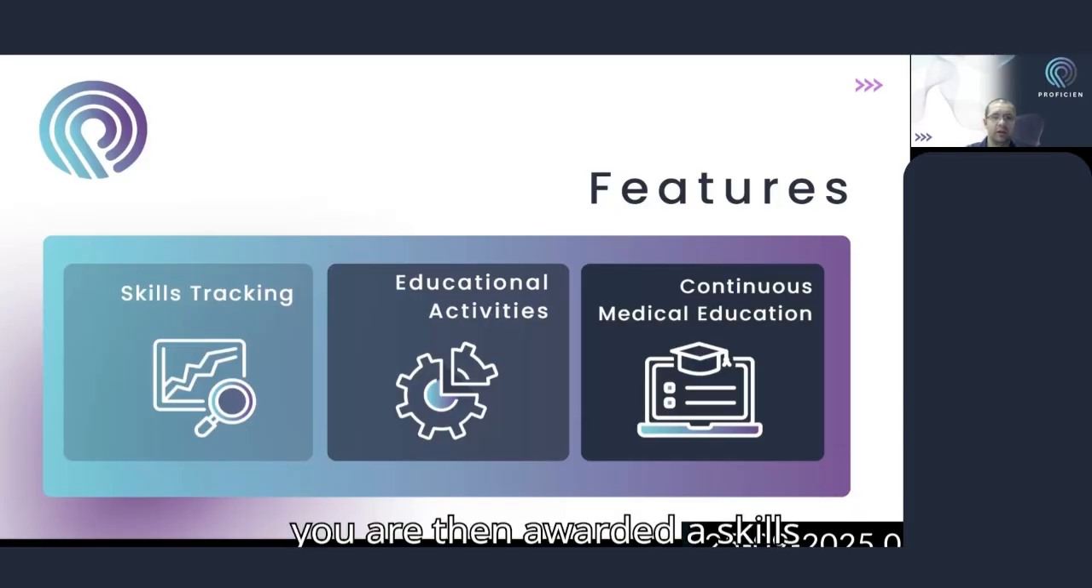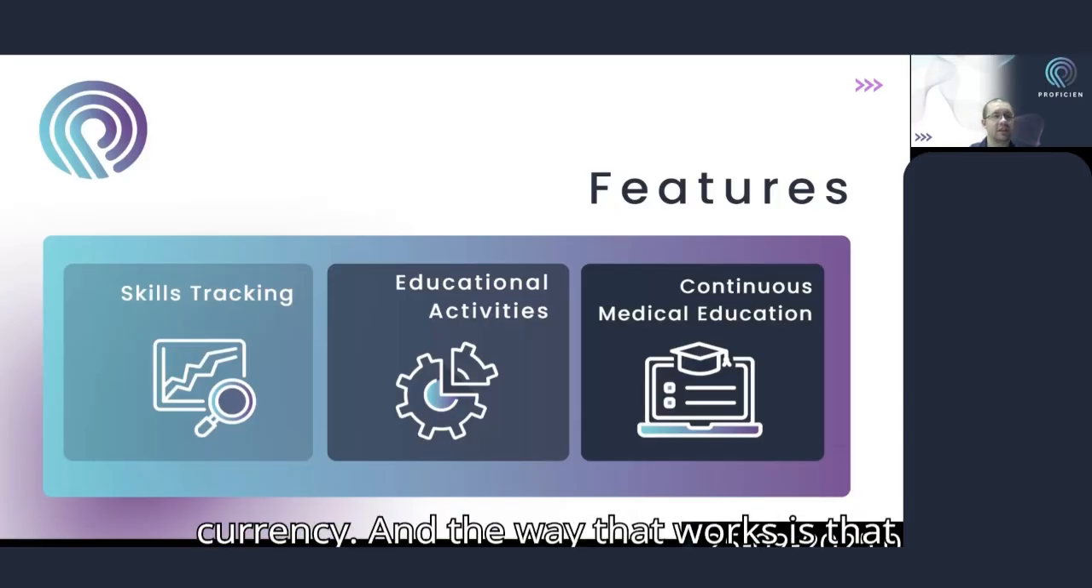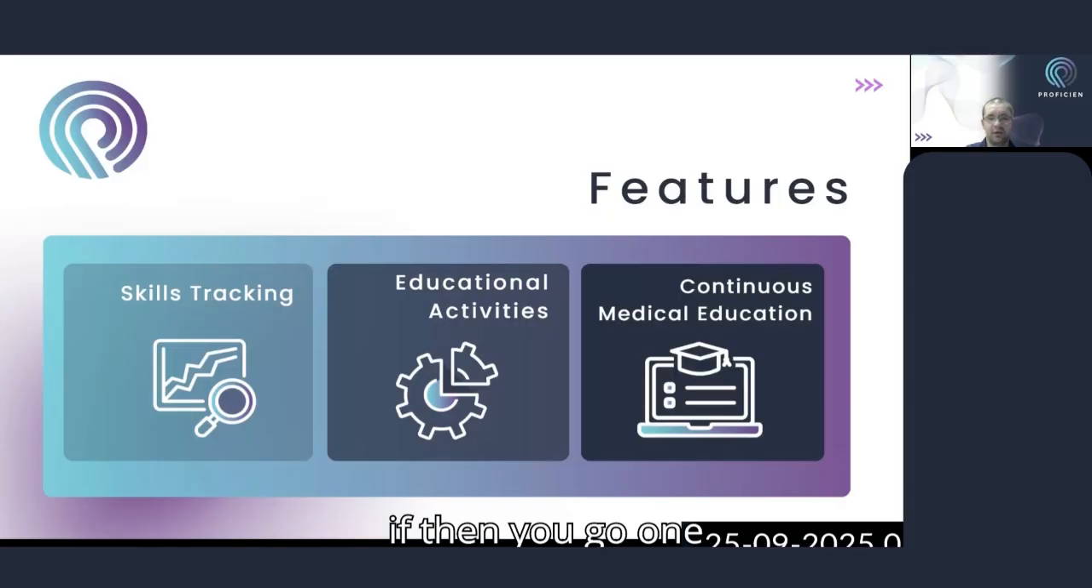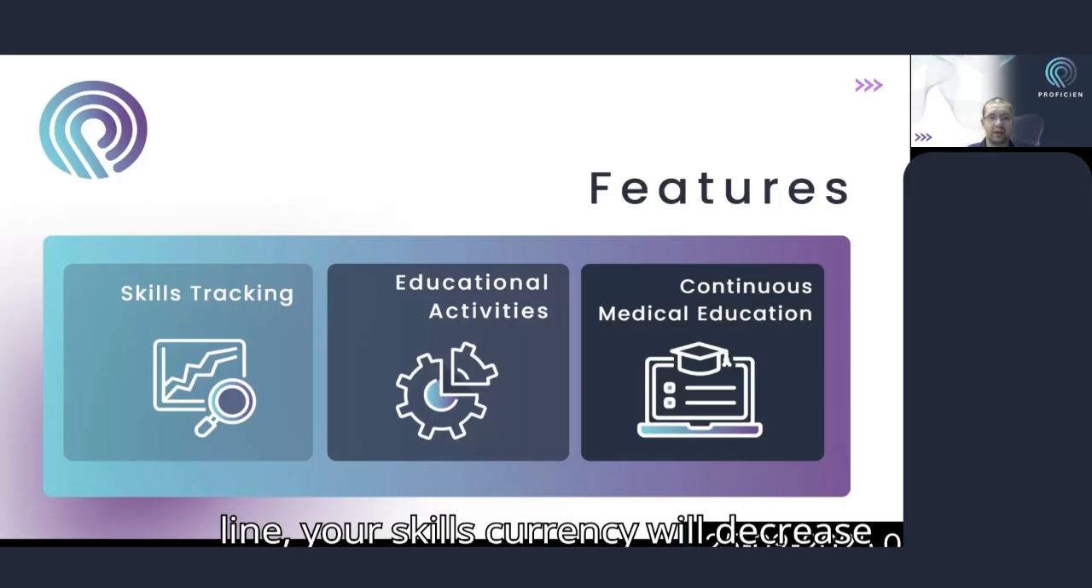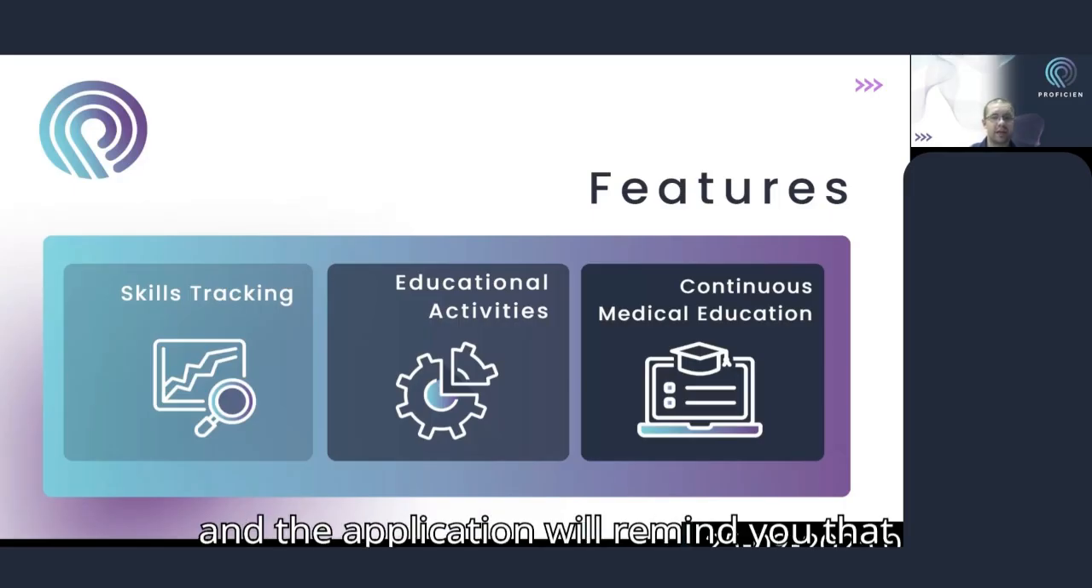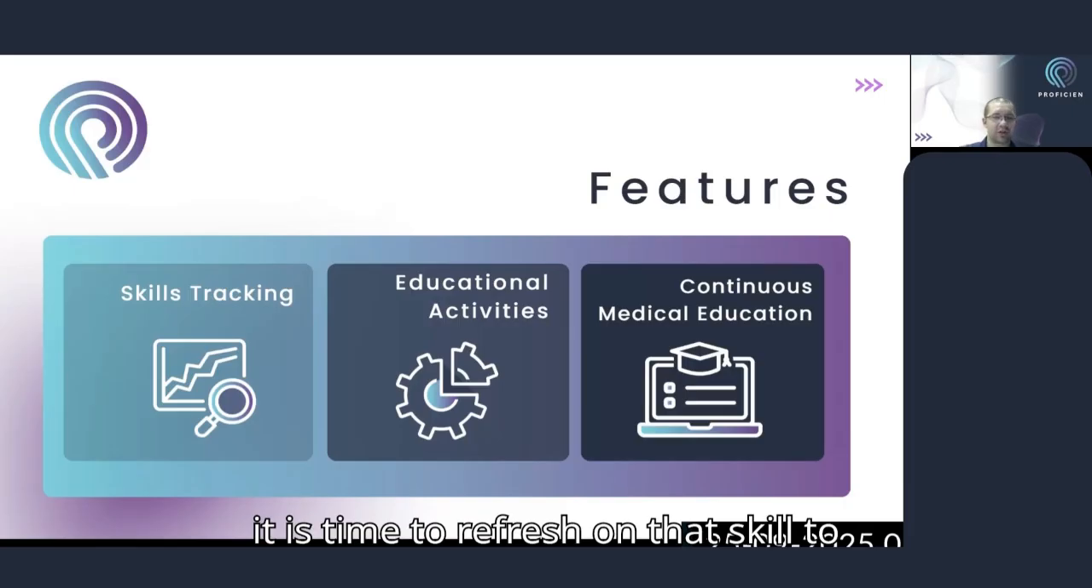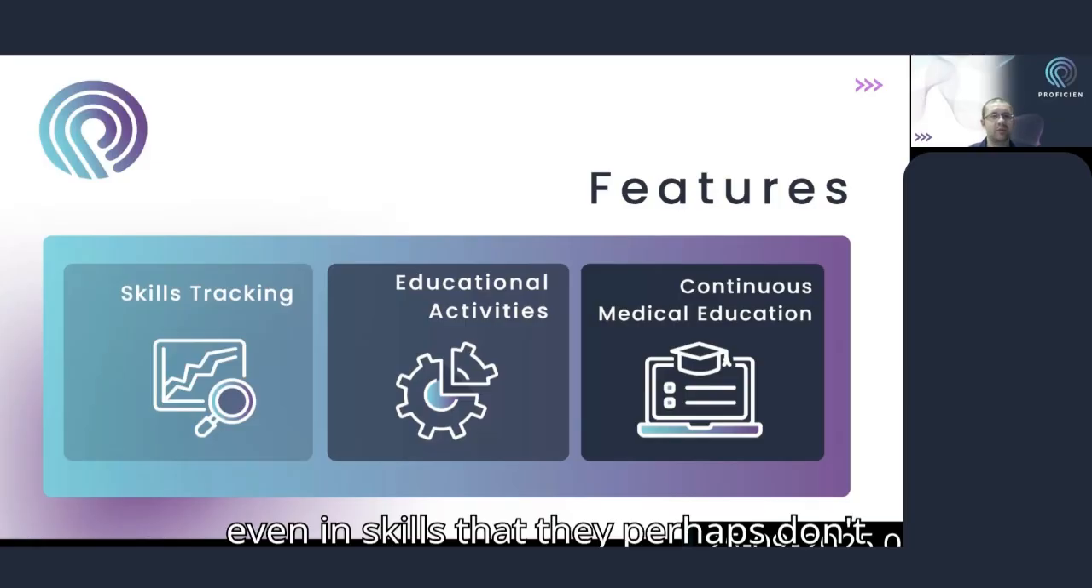And you are then awarded a skills currency, and the way that works is that if then you go 1, 2, 3 months without placing another IV line, your skills currency will decrease, and the application will remind you that it is time to refresh on that skill to keep you current. And it will then guide you to an educational activity regarding that specific skill, in this case, an IV line for this example. And that's a way of keeping practitioners current, even in skills that they perhaps don't perform very